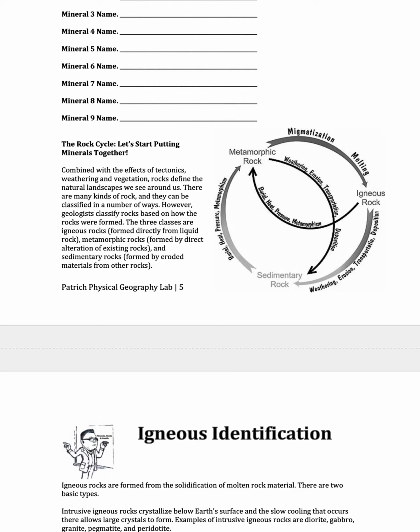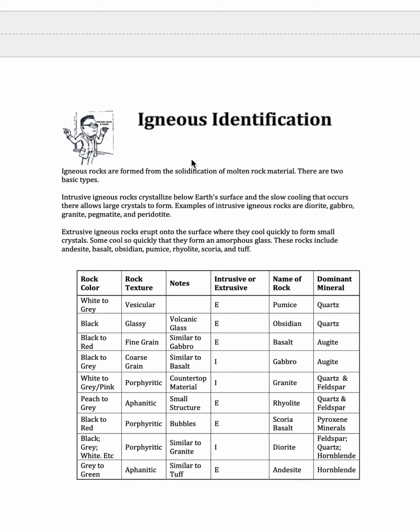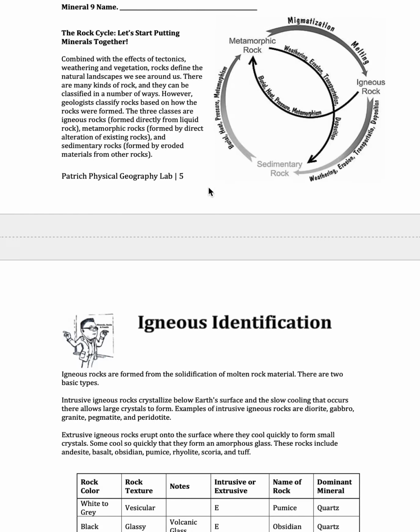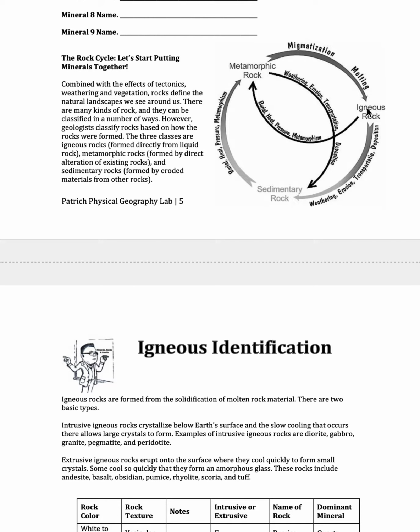Once done, you'll begin with the rock cycle. You'll learn about the rock cycle of igneous, sedimentary, and metamorphic. I'll scroll up here. There's no start or finish within the cycle. We can see that igneous rocks can be metamorphosed. Igneous rocks can also be weathered down into sedimentary. Sedimentary can then be metamorphosed. And it's like the circle of life, ever changing.